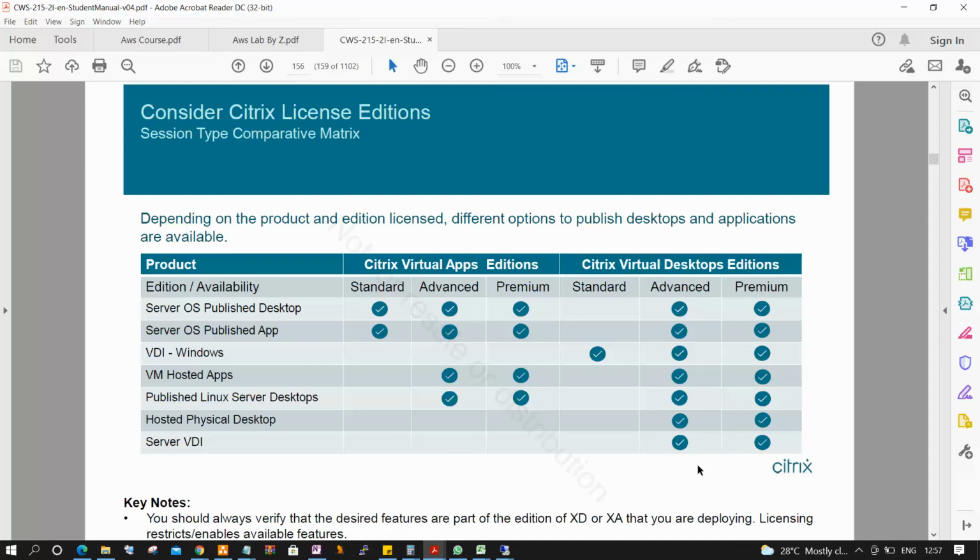So guys, why are people always calling it virtual desktop? Because with the virtual desktop advanced license model or premium license model, you can